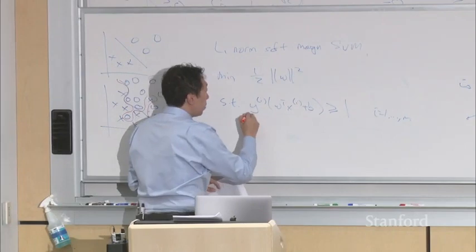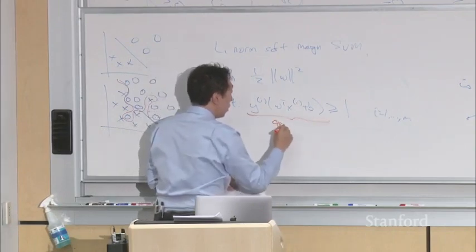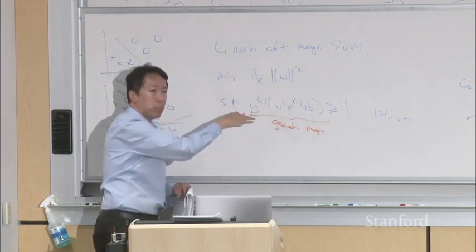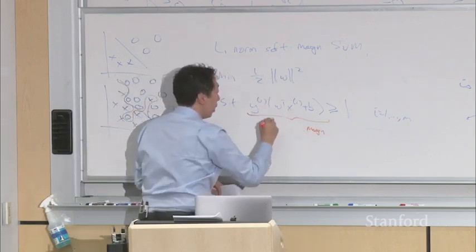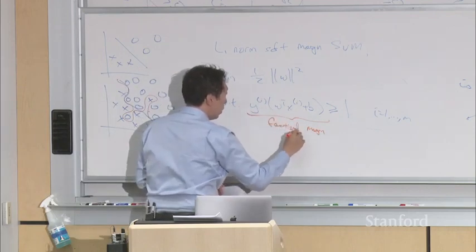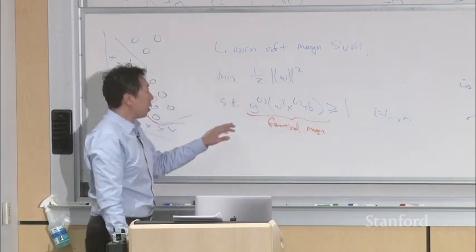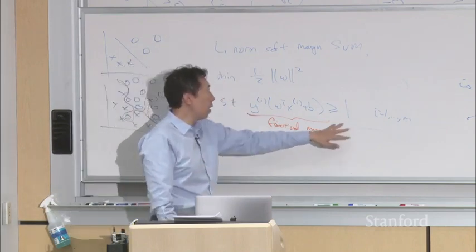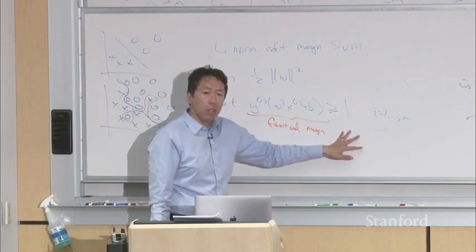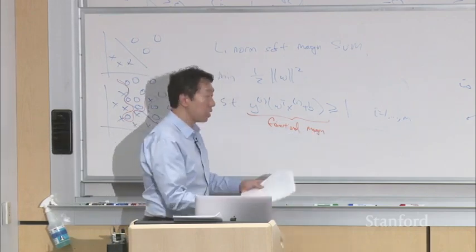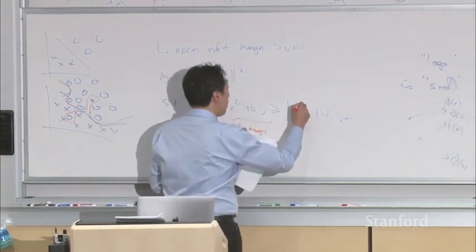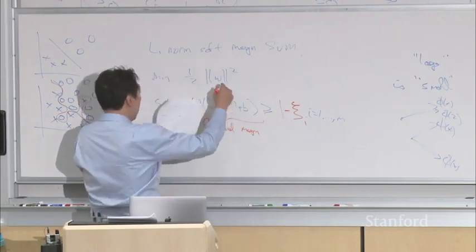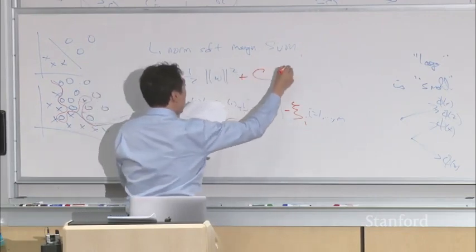Previously, remember this is the functional margin. If you divide this by the norm of W, it becomes the geometric margin. So this optimization problem was saying, let's make sure each example has functional margin greater than or equal to 1. And in the L1 norm soft margin SVM, we're going to relax this. We're going to say that this needs to be bigger than 1 minus xi, a Greek letter. And then we're going to modify the cost function as follows,